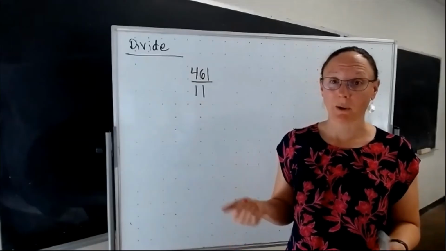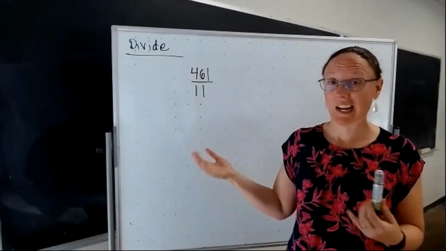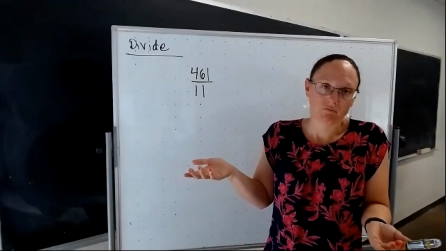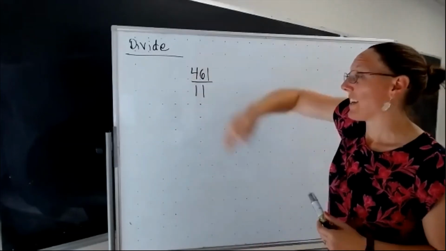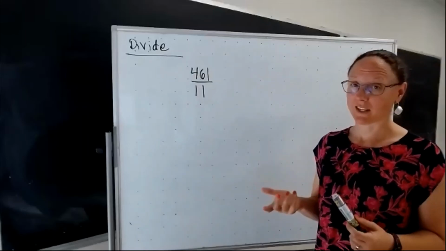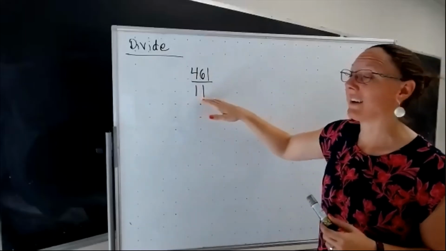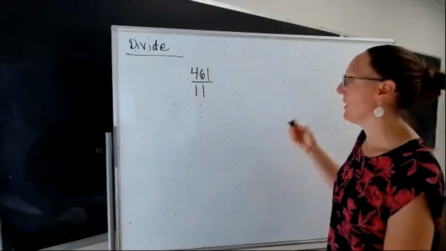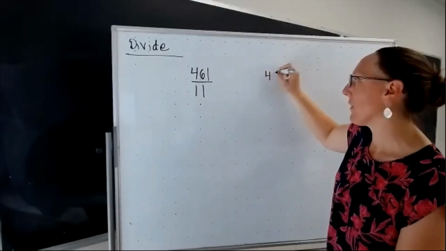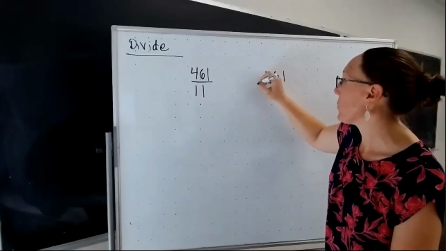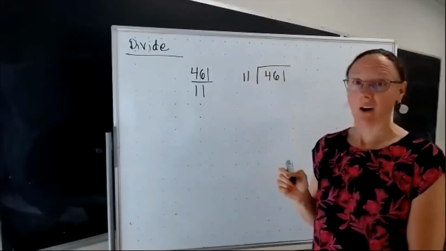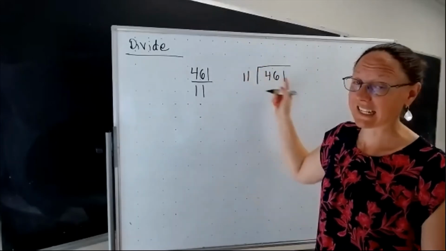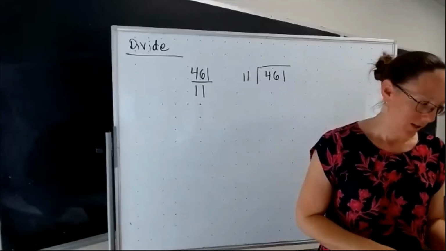I'm going to walk through the algorithm that I learned when I was doing long division. We take the thing on top, the 461, and we're going to try to divide that into 11 pieces. And the way that the most standard Western algorithm works is I look at this thing and I say,